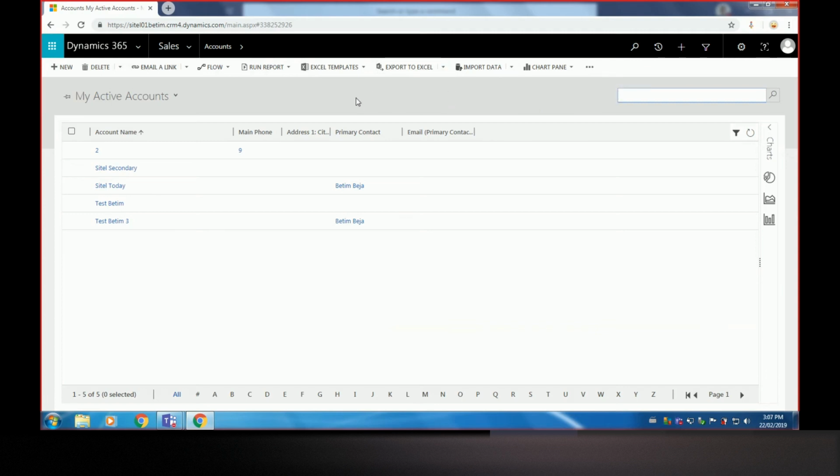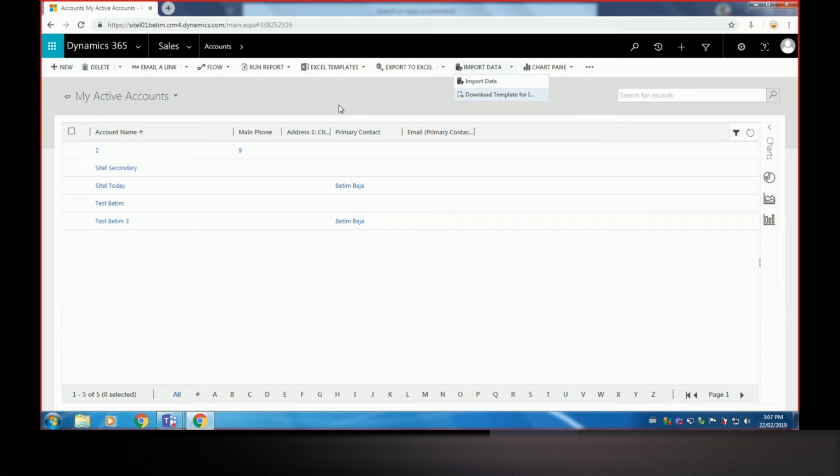For example, this is the view, and I have these commands here that I can execute, like import data, and most of these are context sensitive, which means that if I try to import data here,